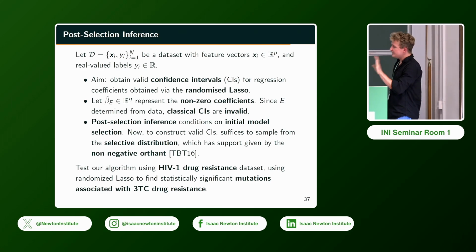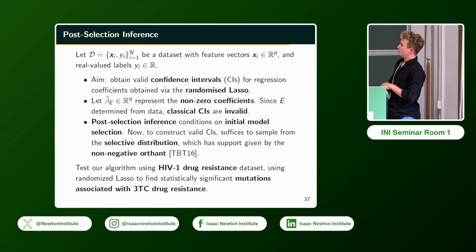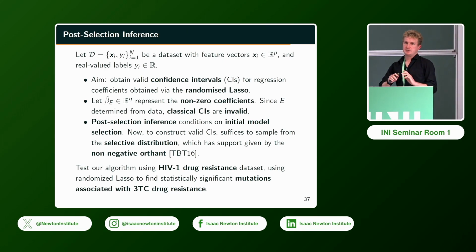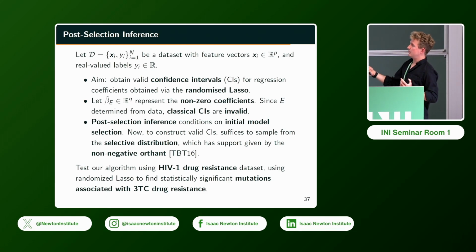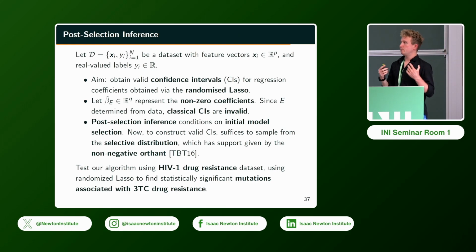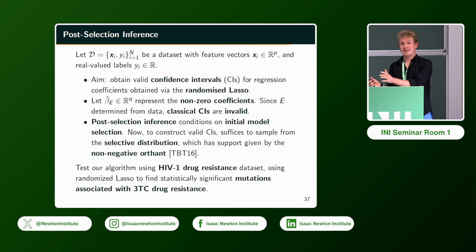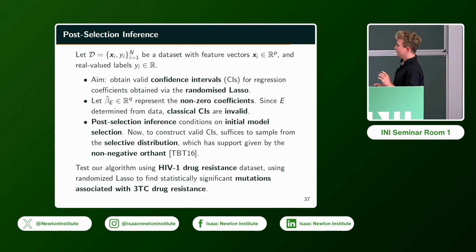So in this example, we were looking at what's known as post-selection inference or selective inference, and I can't claim to be an expert at this, but the idea here is that you're fitting some model and you're using something like the lasso or the randomized lasso, and what that means is if you try and form classical confidence intervals for the coefficients which are included in your final model, those are going to be invalid because essentially you've used the data to choose which variables are going to be included in your model. So that violates the assumption that your model is independent of your data.